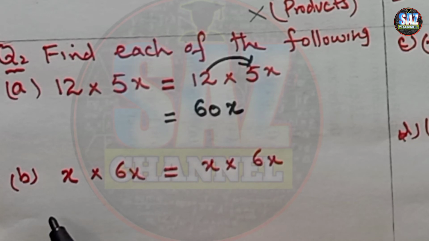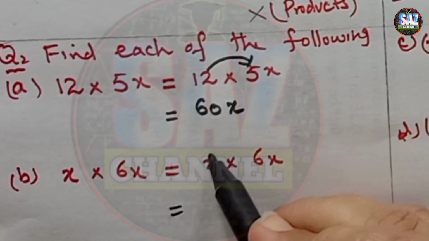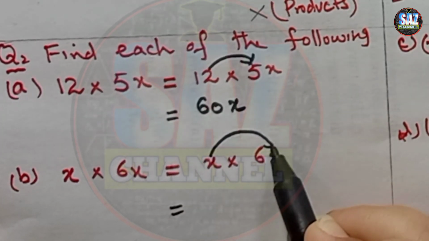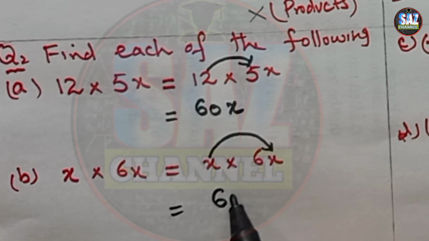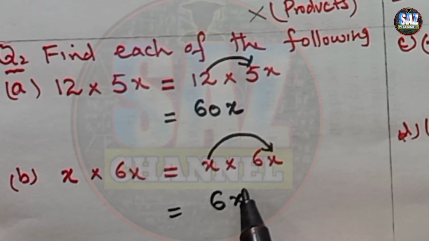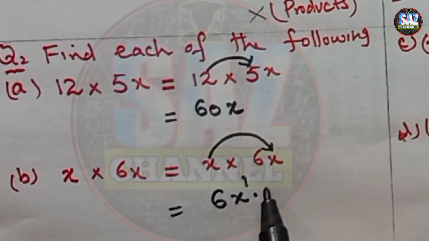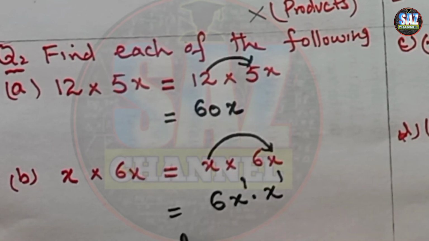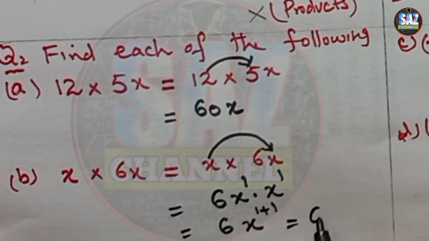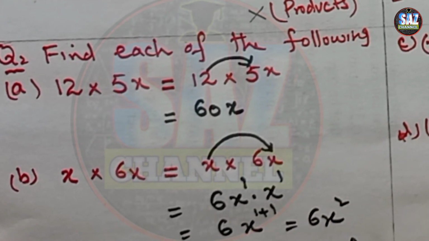In the next question, the situation given is x multiplied by 6x. Now what we have to do is multiply this x with this x, and it will become 6. As this is the first lesson, I will do it this way: here this x has exponent 1, and it's multiplied by 1 more x with exponent 1. Then I have to apply the laws of indices. I will write the base once, and I will add up the indices. 1 plus 1 equals 2, so 6x square. Okay, I hope you are clear about this question.